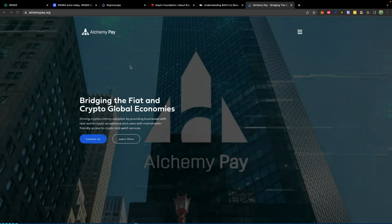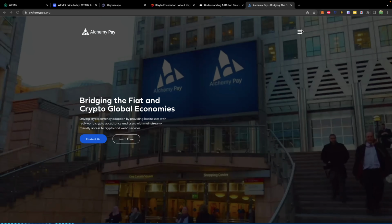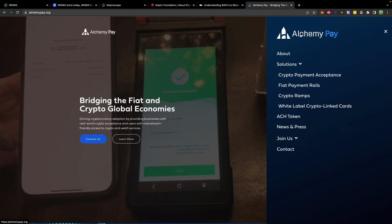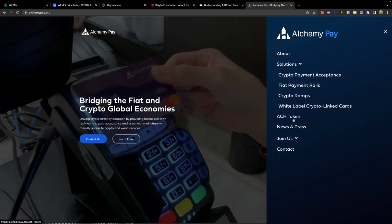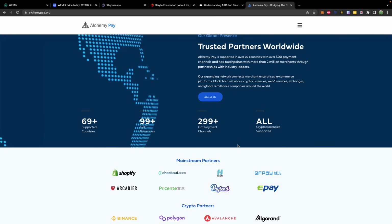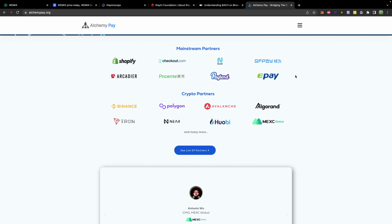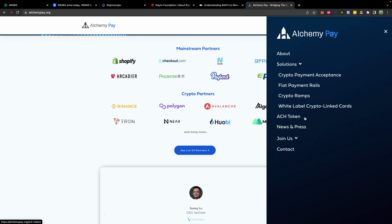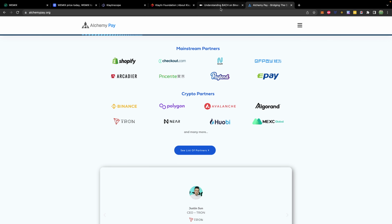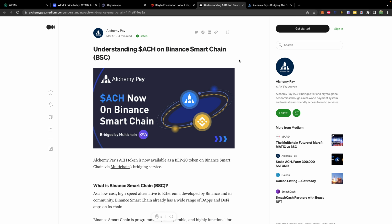We've talked a little bit about taking payments with cryptocurrency. I want to talk to you about a solution for that right now, and that is Alchemy Pay. The reason I bring this up is because this is another one of the cryptocurrencies that Crypto.com has enabled for deposits and withdrawals, and that is the ACH token. So this is basically a system to allow for payments using cryptocurrency. And it also seems that they do some white label stuff, so this might be behind the scenes of some other software out there. Now, the withdrawal and deposit that they enabled recently is for the BNB version, which is BEP20,